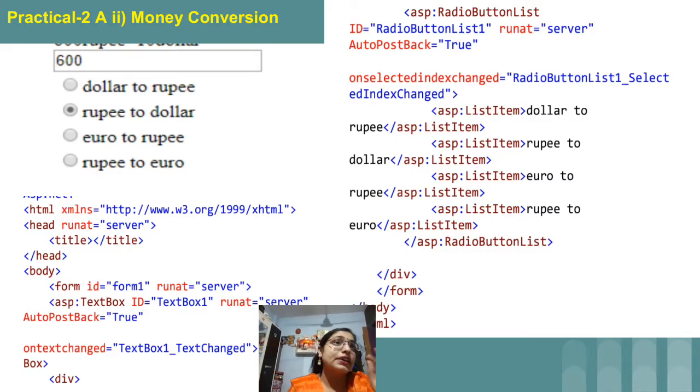And here, while creating the list, you should remember the text which you have provided to each and every option. Like first you are having dollar to rupee, just see the text, everything is in small case. Why is it important? Because while doing the logic we have used if, and we are going to write the conditions. Which radio button is checked, we will get to know from this value, dollar to rupee, rupee to dollar. So this comparison I have used. This is the reason why it is very, very important.